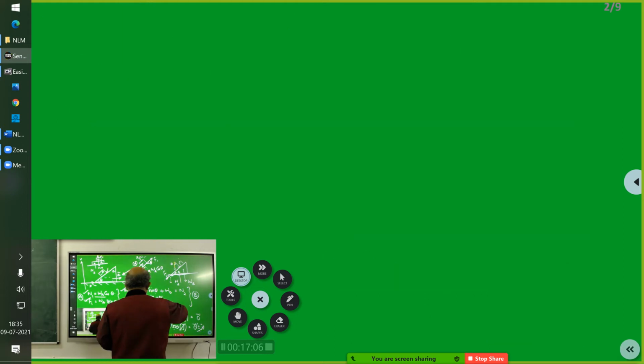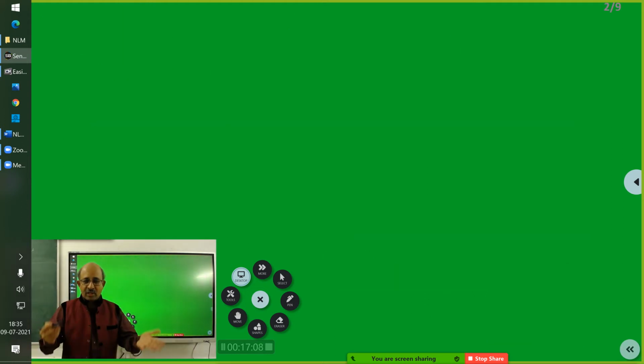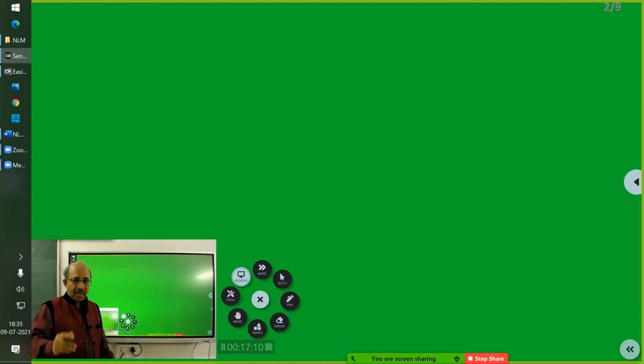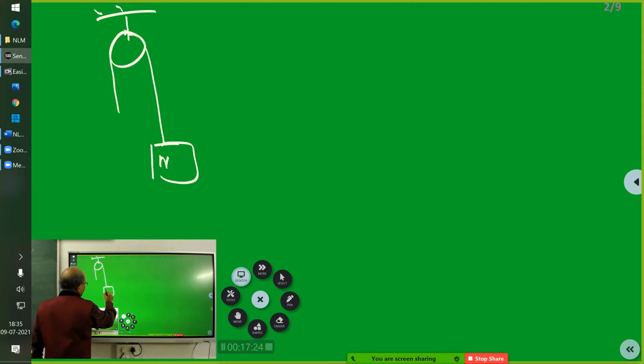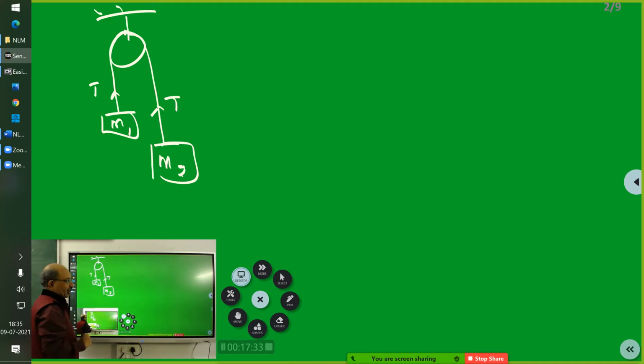Okay, because I think students have fallen in love with that constrained motion. I wanted to deal with it later on. Now you have to understand one thing. See, the pulley problem only, but in a different way I will look at this pulley problem. Supposing there is a rope here, and you have mass m2 here and mass m1. So one thing is clear: the tension is correct.